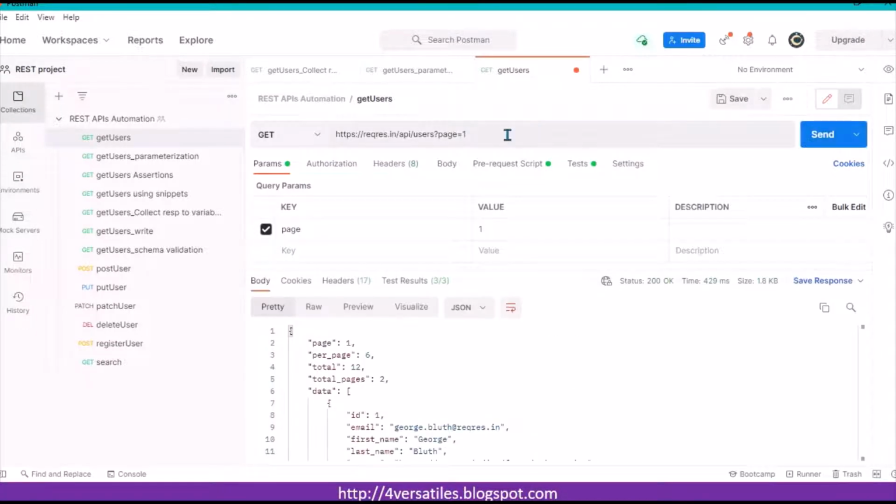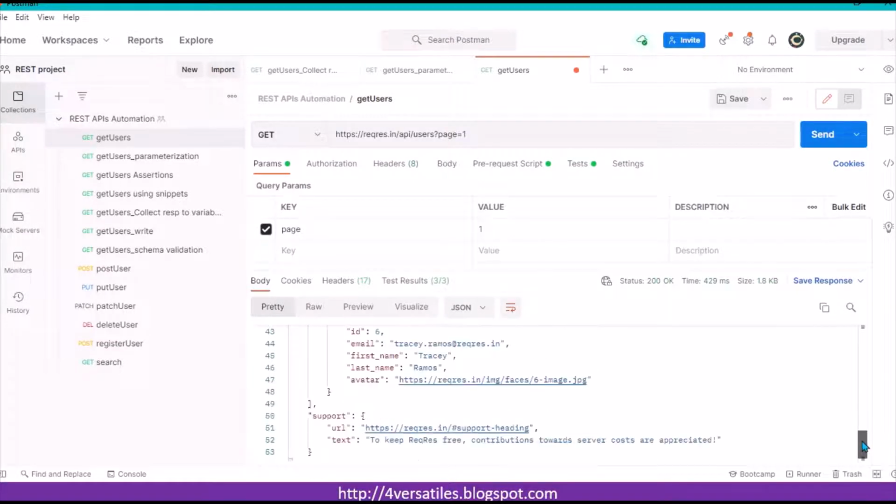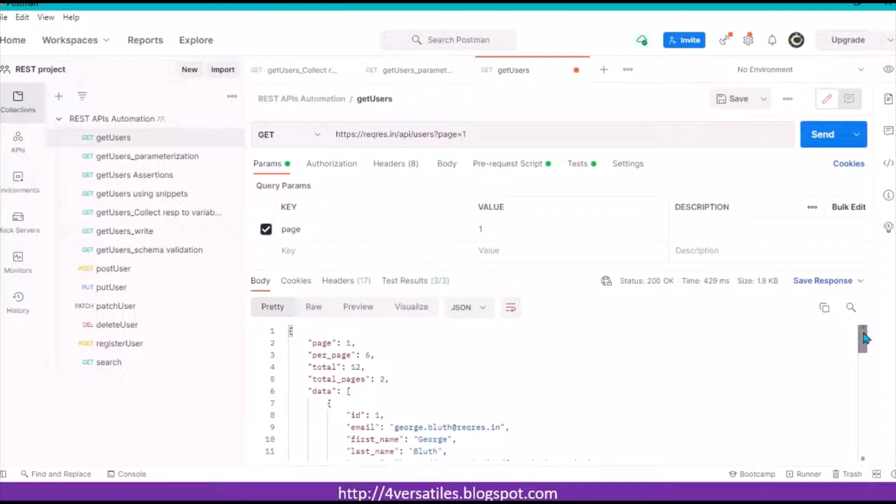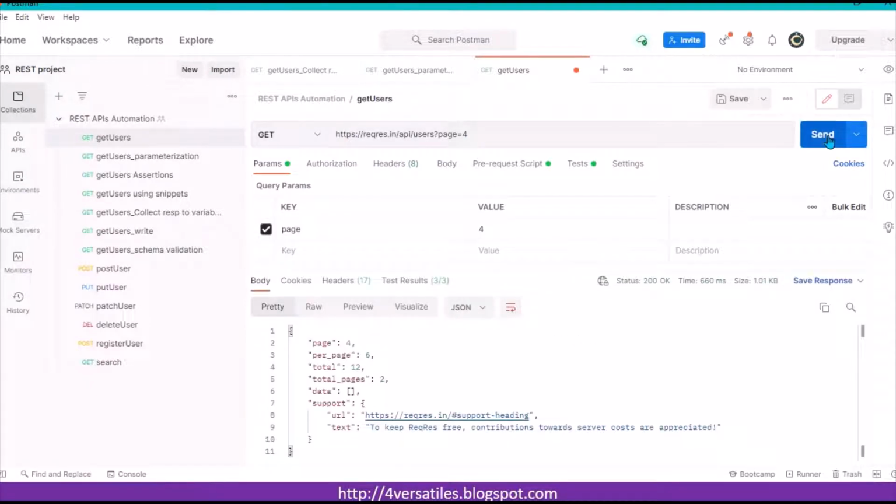So then you change the value to 1 and you will verify the page 1 records. Likewise, you may have to verify the users that are there in many pages. For example, if you want to verify in page 4, page 4 doesn't have much records. It doesn't have much records, I guess. But yeah, similarly, page 3,